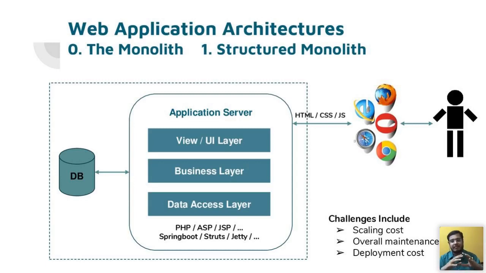So they had a separate view layer, a separate business layer, and a separate data access layer, so that they can manage changes and do some fault tolerance, but very limited to that particular component. And as you know, there are a number of languages out there today that support this kind of application development. We have PHP, ASP, JSP, and whatnot. And there are multiple frameworks that give you ready-to-run servers really fast, like Spring Boot, Struts, and JSF, and all that. And most of them are open source, so they come free of cost to develop.